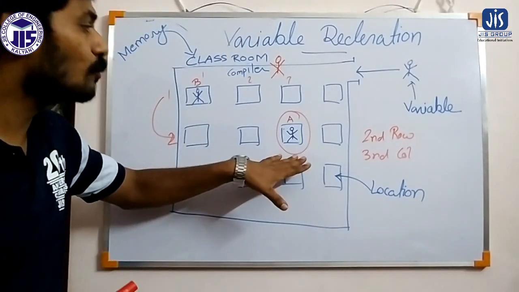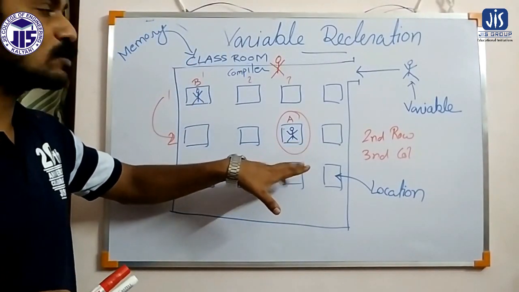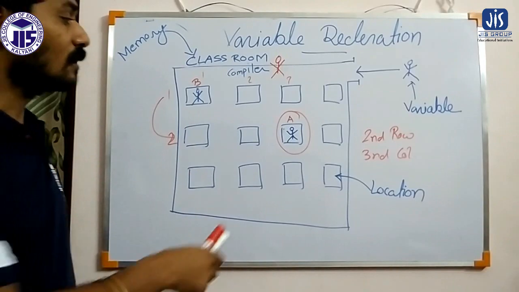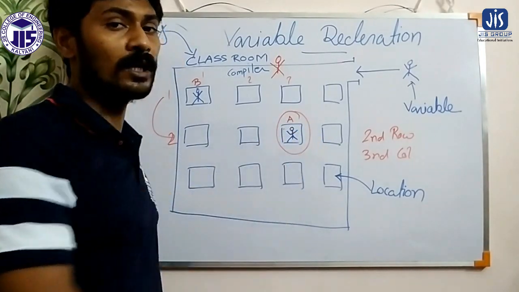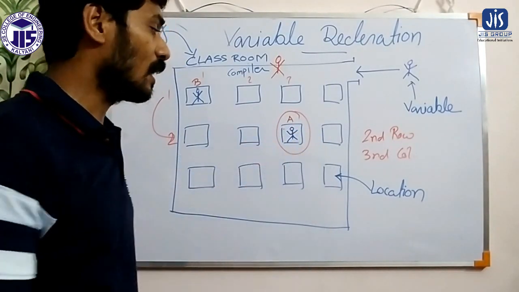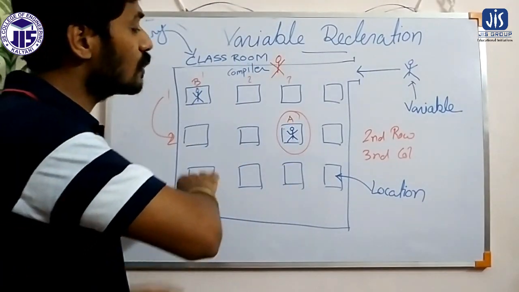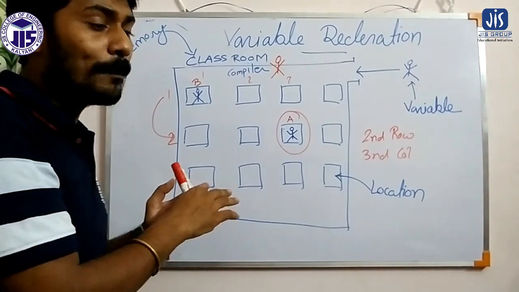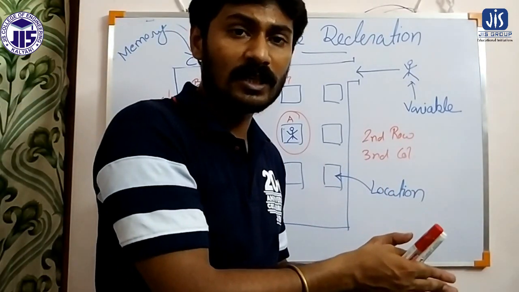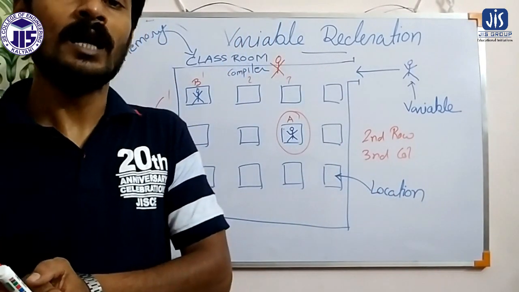Okay. So basically here we are doing this. The second row, third column student. So there are two ways to get a response from the students. Number one, we can call the student by the name. Another one, we can call the student by the location where he is sitting. Okay. So the same concept is applicable in the case of variable declaration and memory allocation of